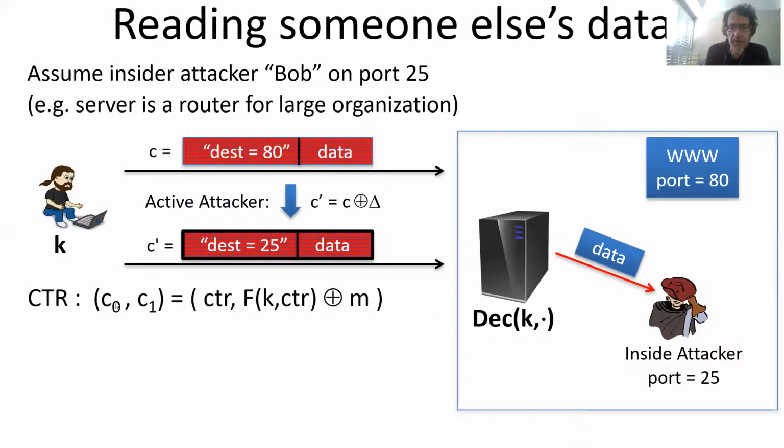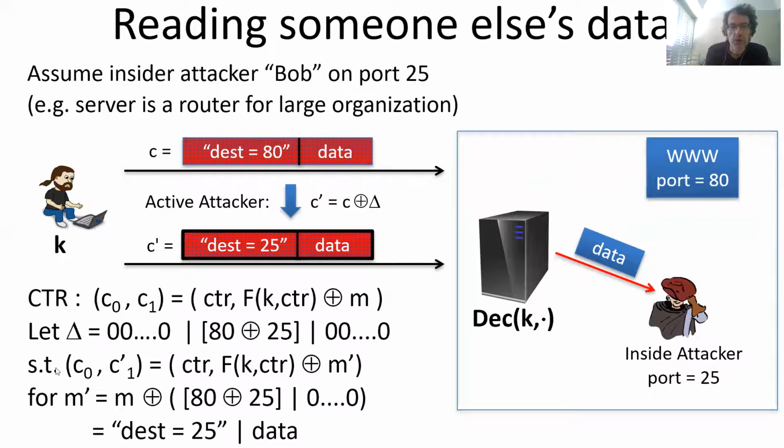So the ciphertext in the counter mode is a counter, the first part of the ciphertext, and the second is a PRF with this key applied, so the block cipher applied to the counter, and then the result is XORed with the plaintext, right? So if the plaintext is all this stuff, let's say, just assume that it's a single block. Nothing changes if there is more, if you parse this into a bunch of blocks, nothing fundamentally will change in this example. So just assume it's a single block.